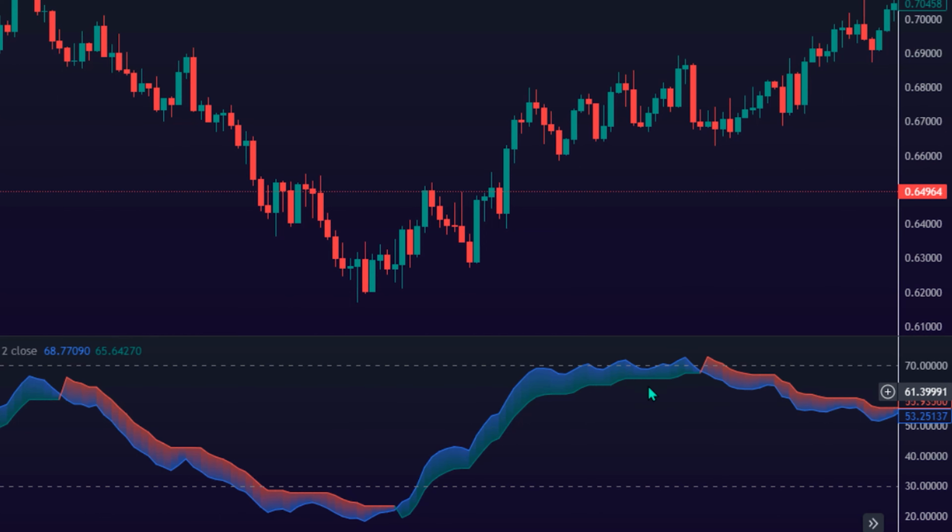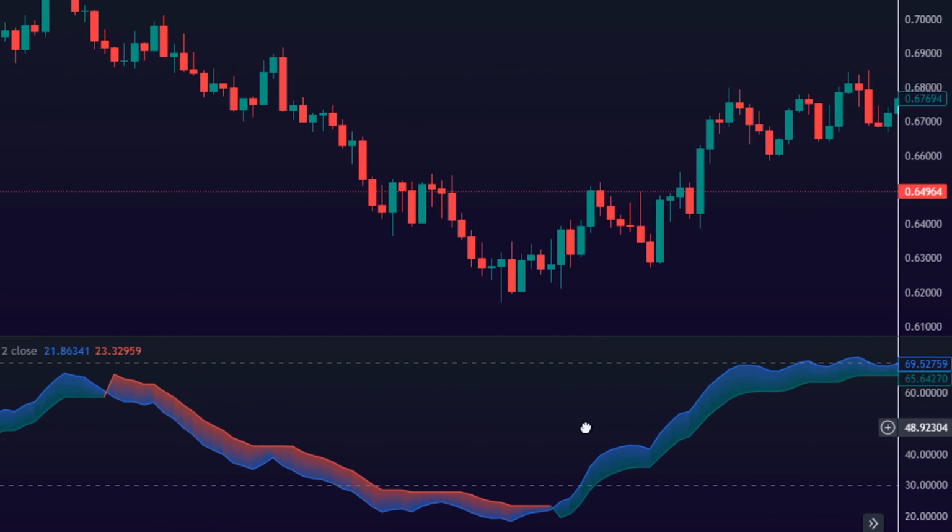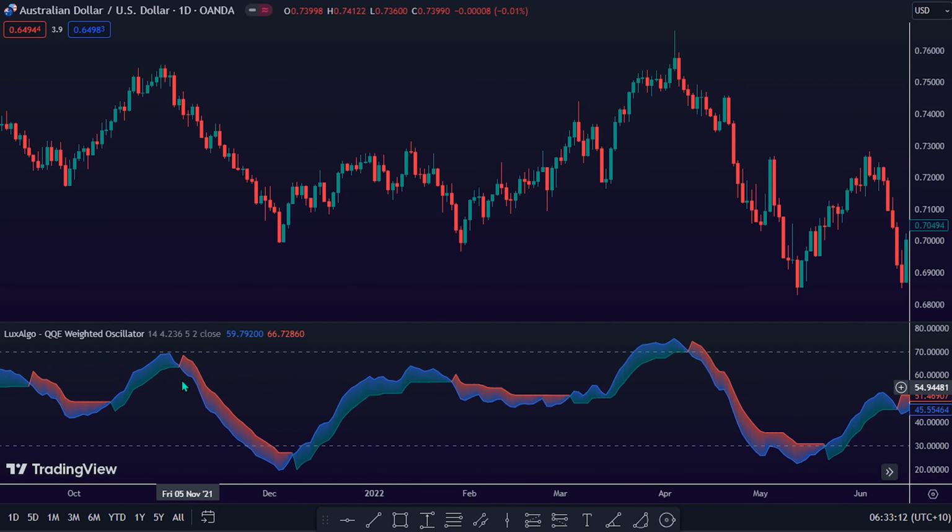How does the QQE Weighted Oscillator work in the market? The primary purpose of the QQE Weighted Oscillator is to provide a potential overbought and oversold region in the market price of a financial asset. Whenever the QQE Weighted Oscillator plunges to the 30 scale or below, it usually signals that the price of such financial instrument is oversold and traders should be watching for possible reversal points to the bullish side in the price